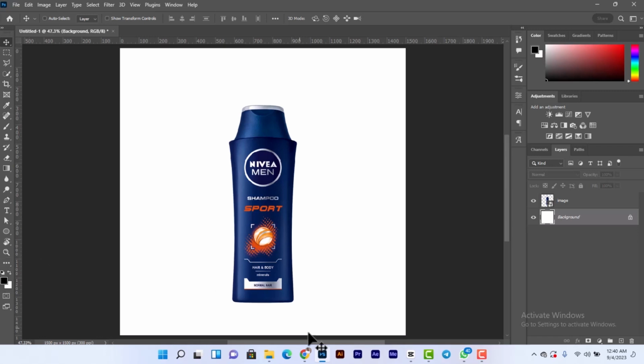So the next thing I'm going to do right now is to create a new layer, and that new layer I will name it shadow. So I'm going to rename by double clicking and press enter. I will ensure that the shadow layer is beneath the image that I'm going to apply the shadow on. So I'm going to select my brush tool,